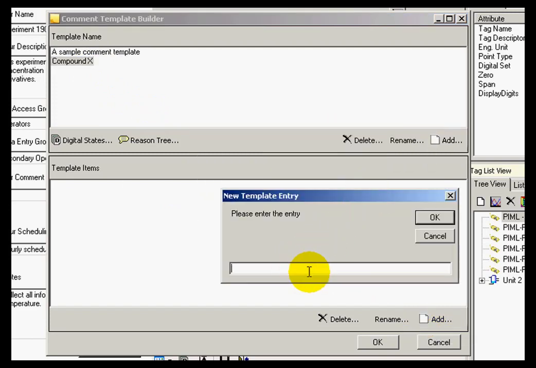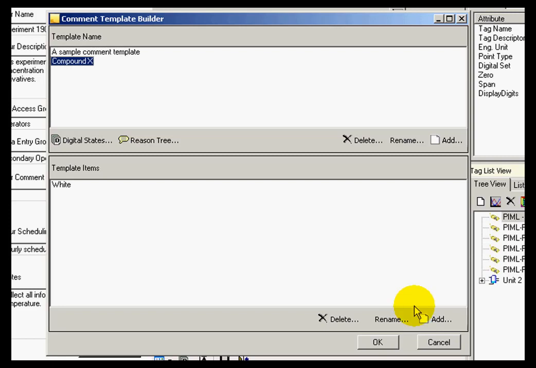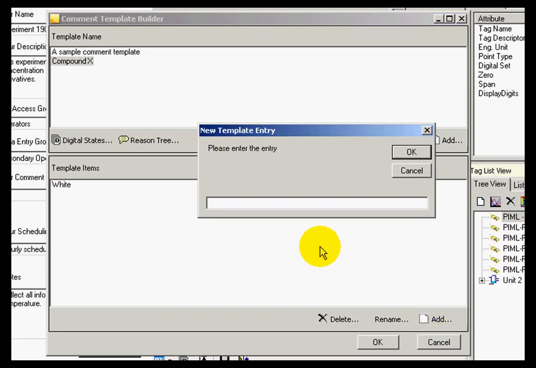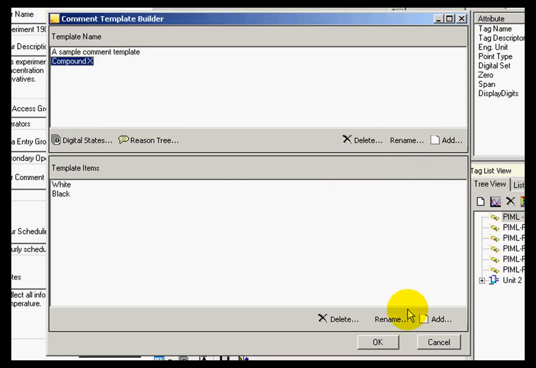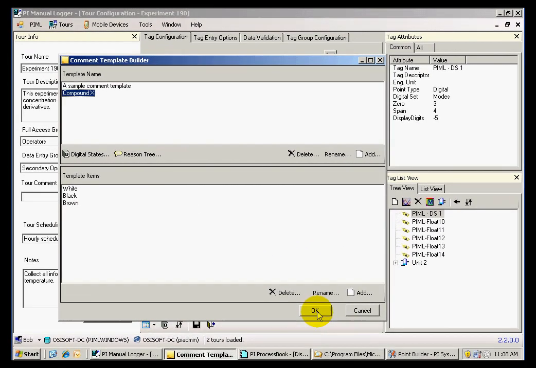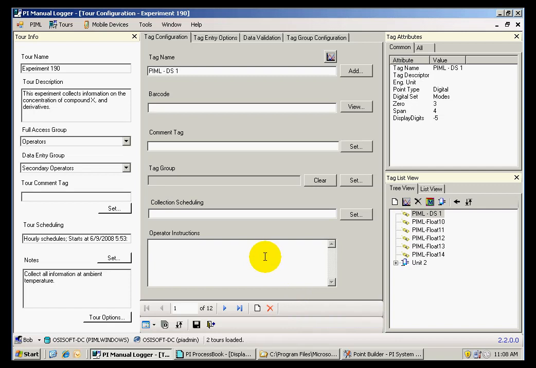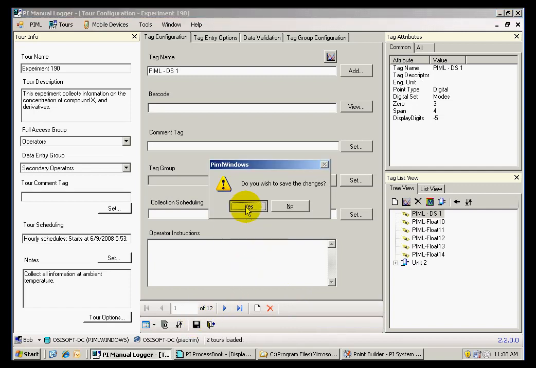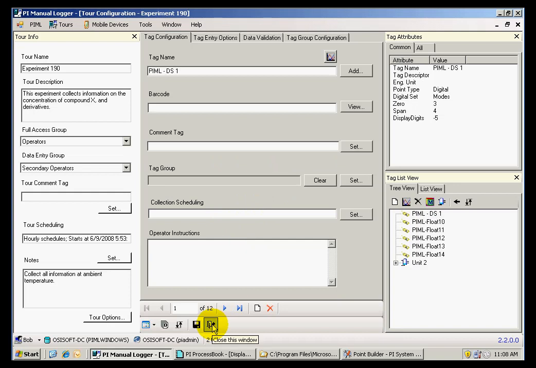Let's say that I wanted to select the color of the compound, and I wanted to have predefined comments to go along with the data. I can click OK, and now if I save and exit,